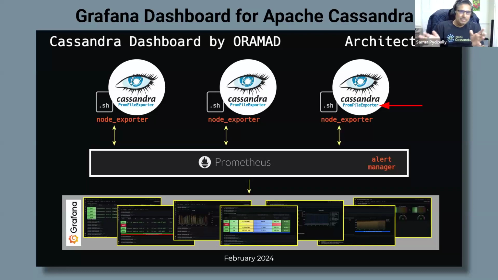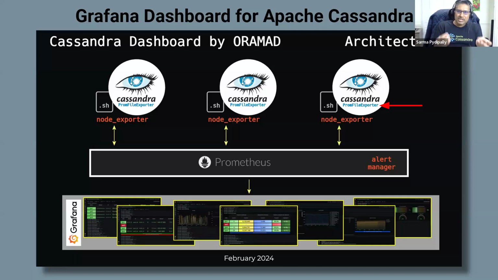I wrote some 500 lines of shell script. It's okay. It's just a simple shell script. It takes the text file, picks up whatever metrics we need, and only the selected metrics are then transformed into something I can present to Prometheus. So obviously Cassandra has this agent which is writing metrics to a text file. The shell script picks up that text file and transforms everything so it can be presented to Prometheus.